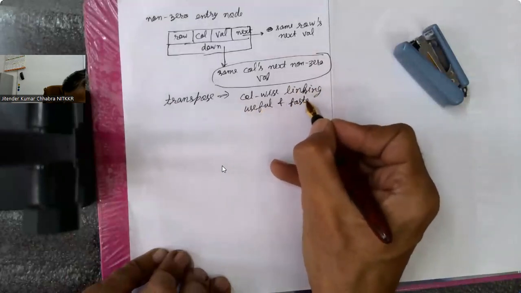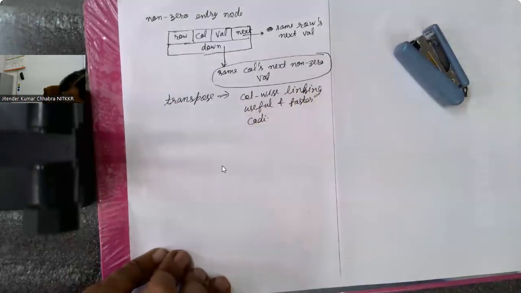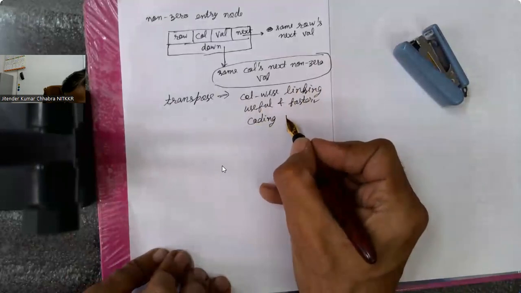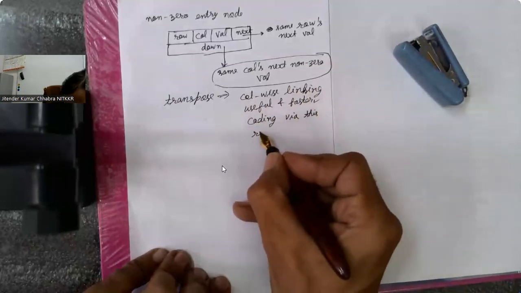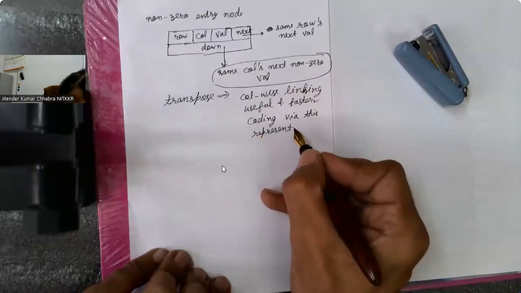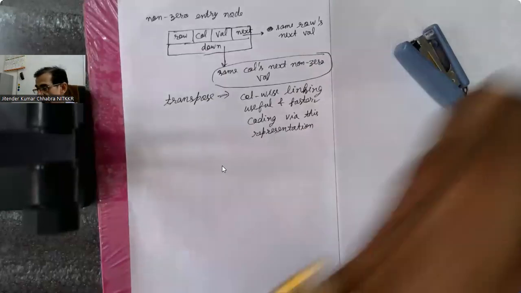So your coding can become faster for transpose via this representation. So this is the advantage of all these discussions, and of course relatively much more complex logic,